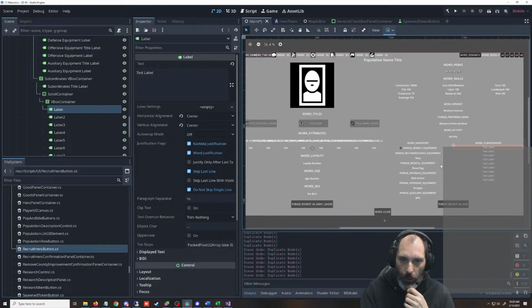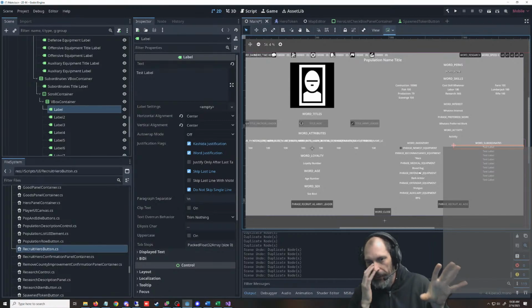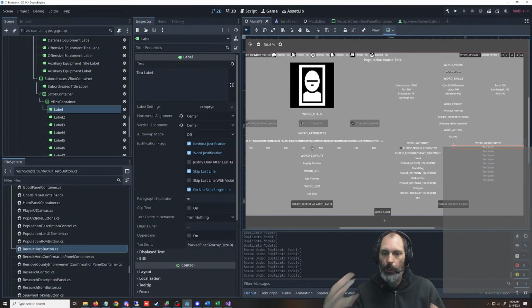All right, so what we are working on is this, which is back to our problem here. This is the subordinate inventory. So whatever you select here will affect the subordinates, who will try to equip the same gear. So if you have it all set on the newest gear, they're going to try to get the best gear. But now we have that problem with the different factions. And let's try to future-proof it to a point.